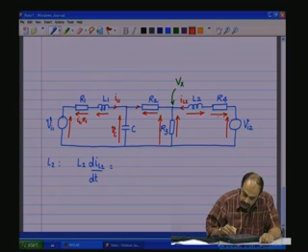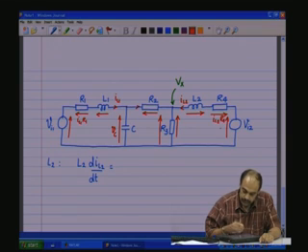And the voltage across R4, of course, we know this is IL2 into R4, and the voltage across this is nothing but Vx. So, therefore,